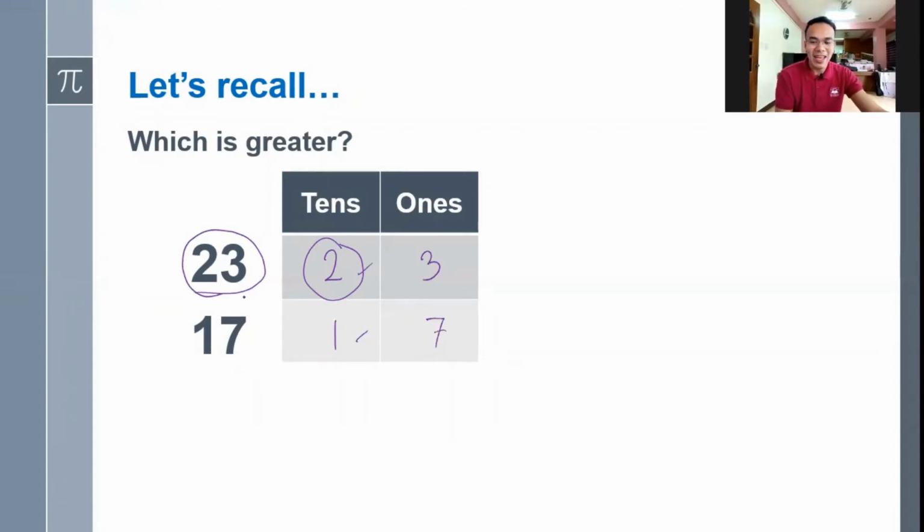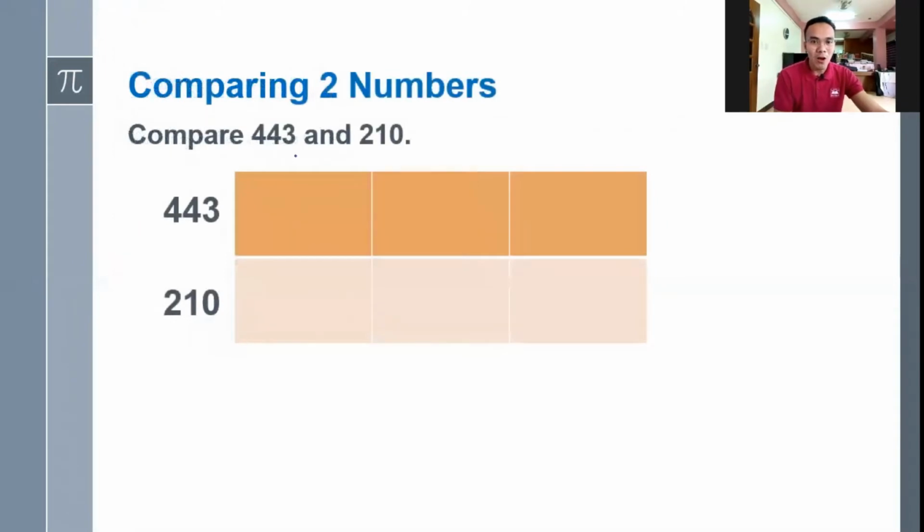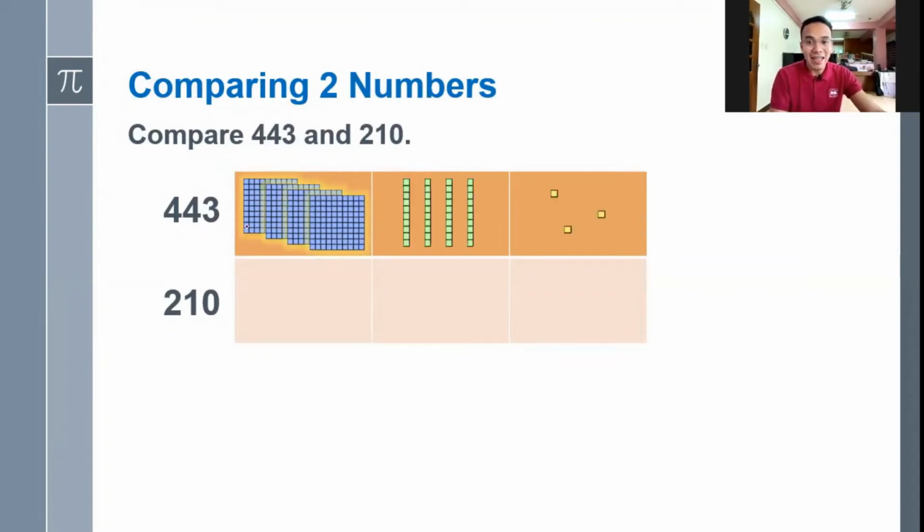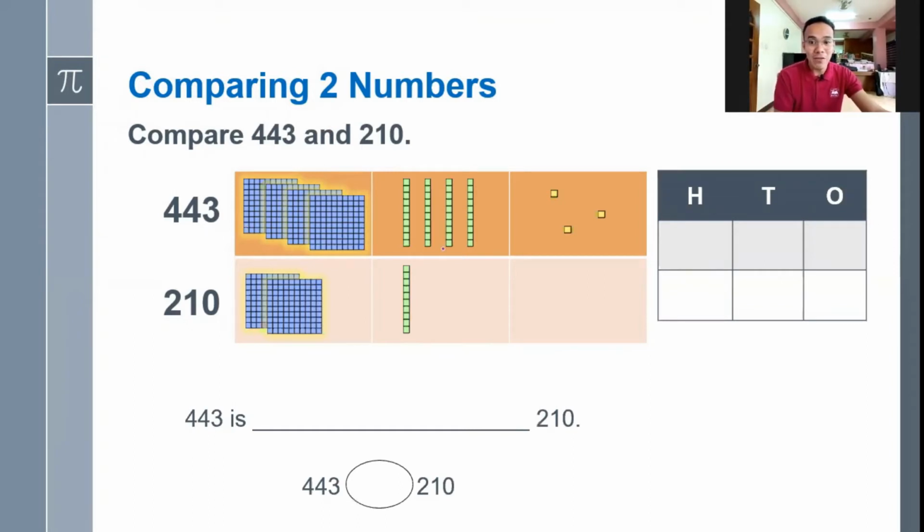Okay, let's have another example. Compare 443 and 210. In this example, I'm going to use the base 10 blocks first to represent these numbers. For 443, there are 4 hundreds, 4 tens, and 3 ones. For 210, there are 2 hundreds, 1 ten, and nothing in the ones. If you already have these blocks, then it's easy for you to